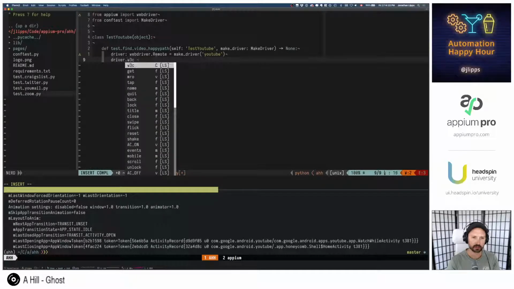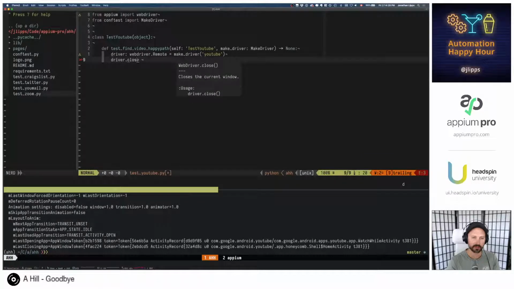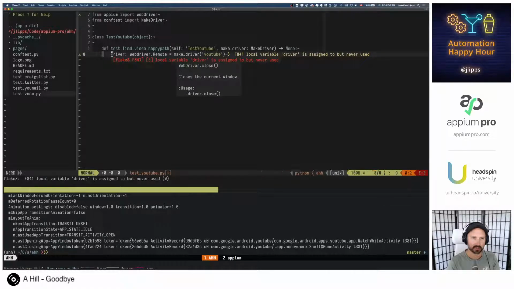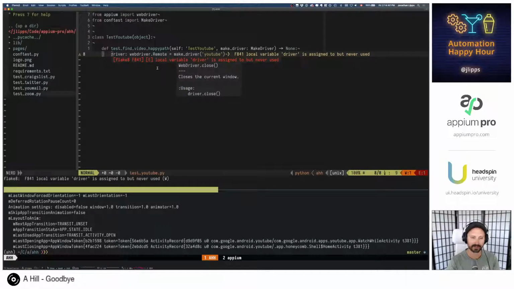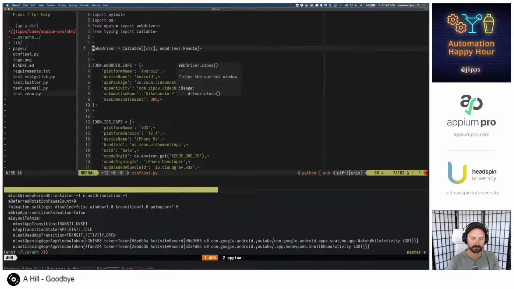Now I get all the actual driver stuff. It's kind of fun to write Python and get really fancy code completion, things like that. I'm using Vim, by the way, so you don't need a crazy IDE to take advantage of all this. But you probably do need a crazy IDE to actually close these little windows. Oh, how do I, there we go. That's how I get that to go away.